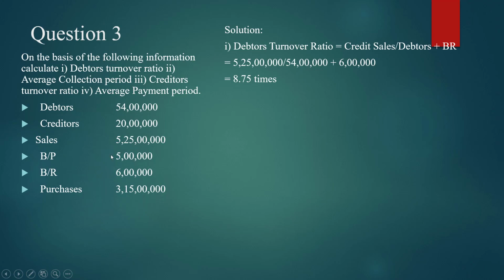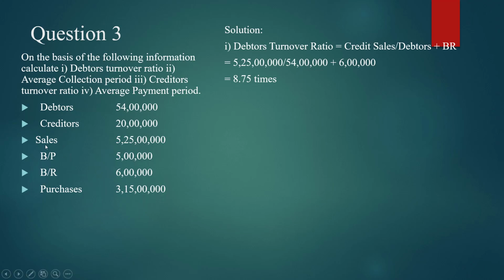But be careful when you are getting this type of question. Don't be confused with this type of questions. If opening and closing balances are not given, then you can take the value of debtors and bills receivable, but you don't have to take the average. If closing and opening balances are given, then you have to take the average, that is opening debtors plus closing debtors divided by 2. And if the sales amount is directly given in the question, with nothing mentioned as credit sales or cash sales, then you can take directly the sales value. But in case credit sales is specifically mentioned, then only the credit sales have to be taken here.